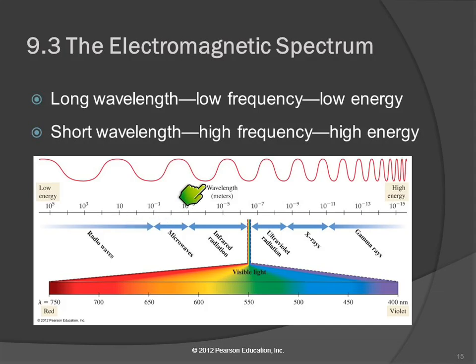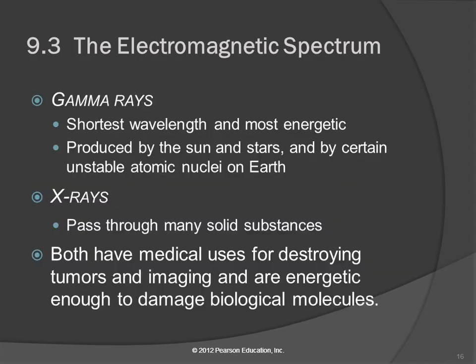And then as the wavelength gets shorter, we've got microwaves. And yes, those are the microwaves being generated in your microwave to heat your water or your green beans or whatever. Then we've got infrared radiation, visible light, ultraviolet, which is more energetic than visible light, X-rays and gamma rays. And we're just going to talk real briefly about these. Start with the most